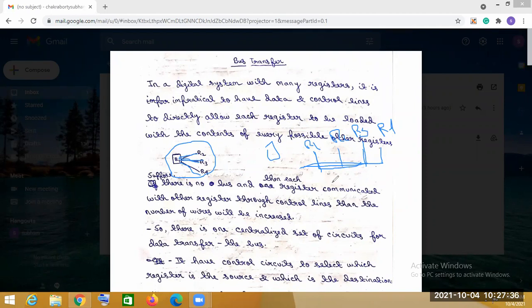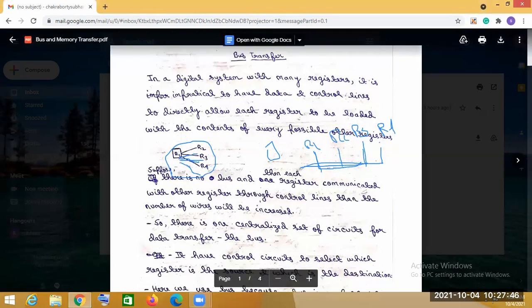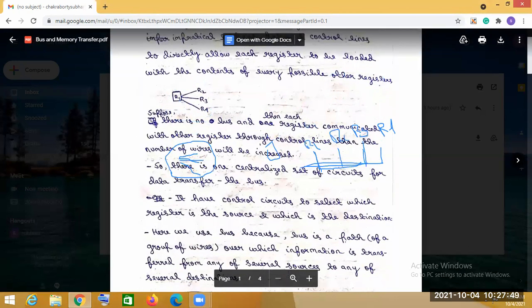Now it has a control circuit to select which register is the source and which is the destination. That means control circuits will be present to select which register is the source and which is the destination.